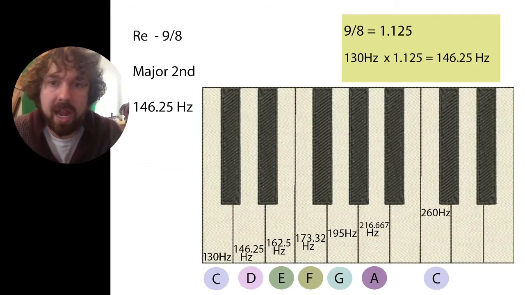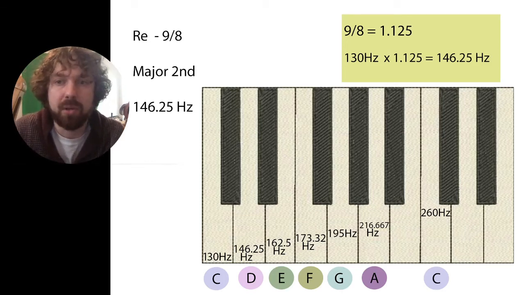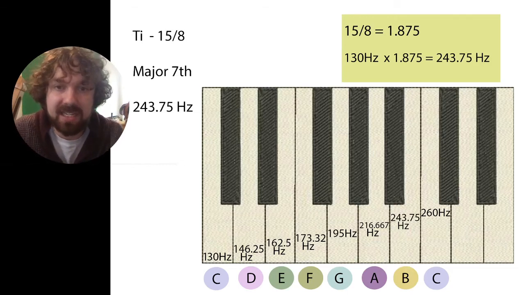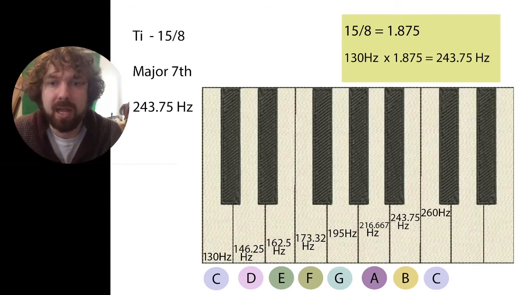Okay, so Re is 9 divided by 8. That equals 1.125. So we're going to multiply 130 by 1.125 and come up with 146.25. And last but not least is Ti, the 7th note, and it's 15 divided by 8, and that equals 1.875. So we take 130, multiply it by 1.875 to come up with